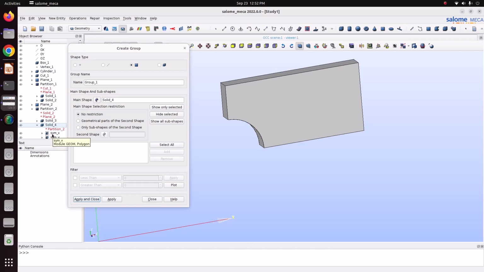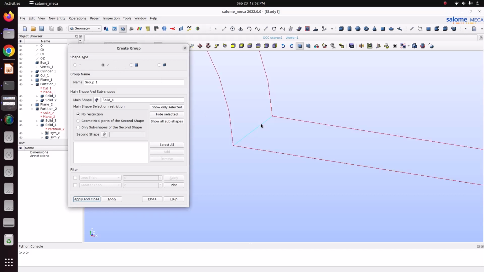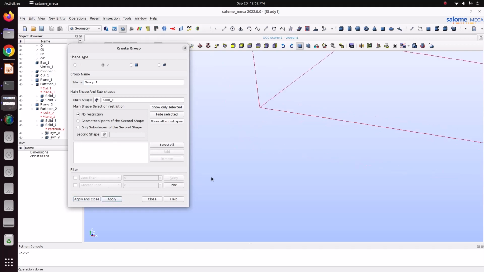If you don't fix the z direction, it will give a degree of freedom error. That means it's not fully constrained. To avoid that error, we just want to fix this particular edge in the z direction. For that, change this into edge mode. Select this edge, add, make it fix z. Now apply it. Now we have created three